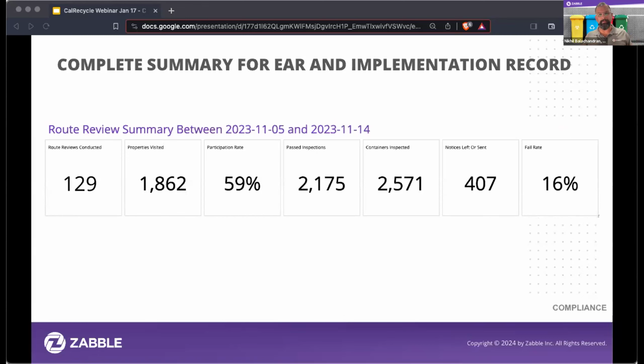Even though it's little, it's really important to see the insights you're getting about contamination, how full the bins are, and how well the residents or businesses are participating in your program. So you can see all this information in one place. And for the route review perspective, for the EAR perspective, you need the number of routes inspected and the notices of violation. You can see all that information here, and you can easily upload it.